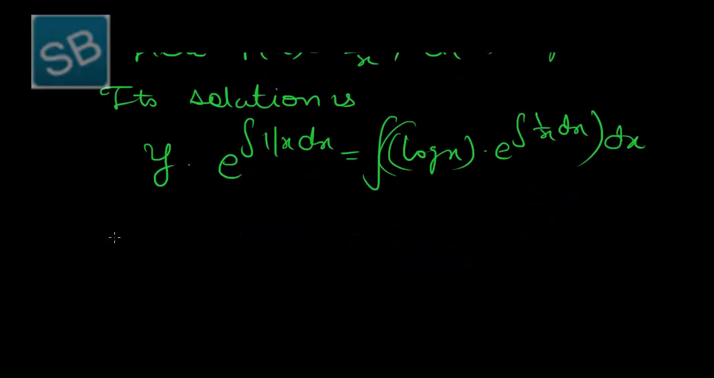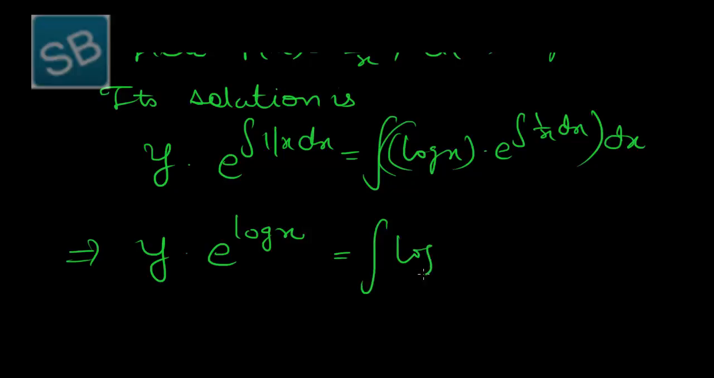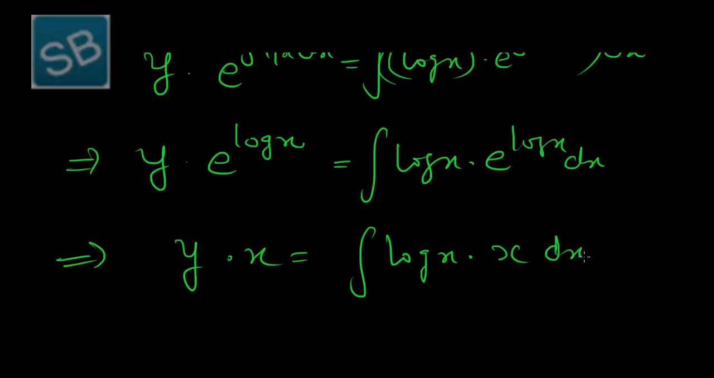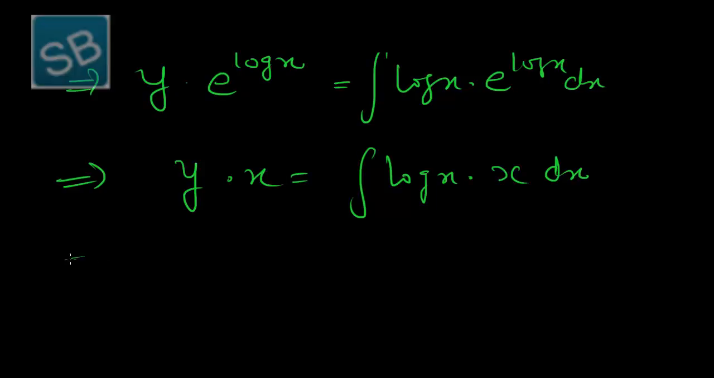So we get y into e raised to power log x, as the integration of 1 by x dx is log x, is equal to integration of log x into e raised to power log x dx. So we get, as log and e are complementary functions, y into x is equal to integration of log x into x dx. So we get by using integration by parts